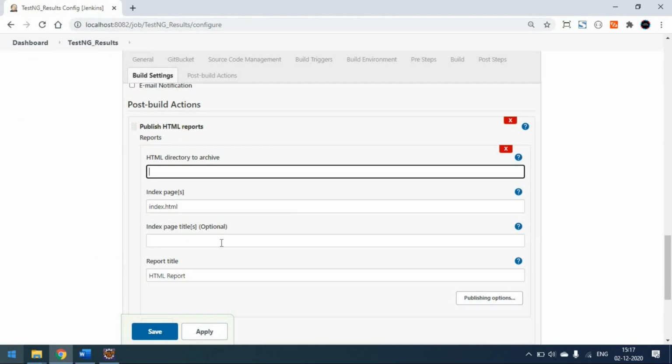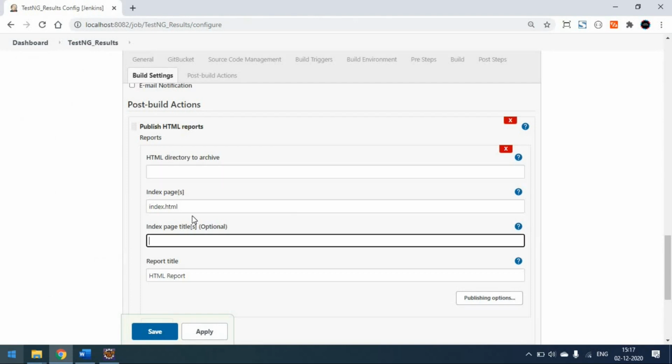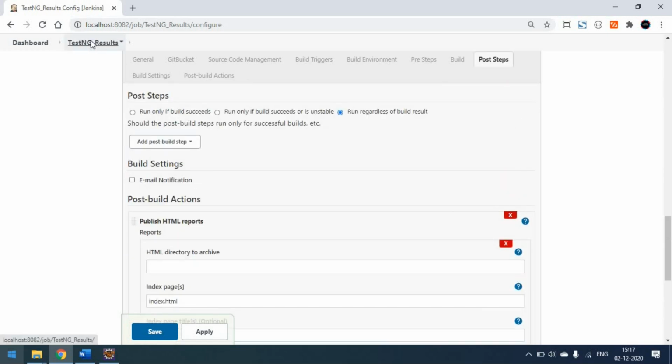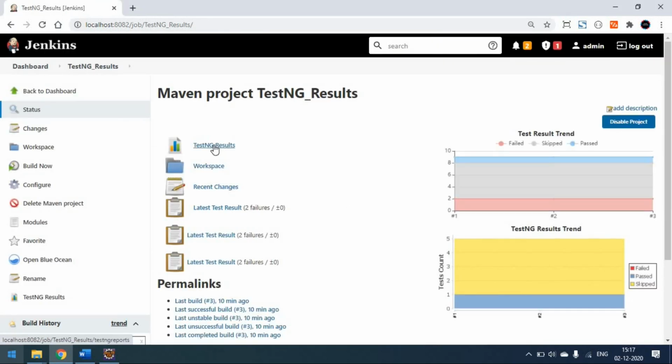So then we have to give the index page, this is the title of the tab, right? So it will appear in the Jenkins, and this is the title of the report. Once you click on add and save, you could see 2 reports were coming to the same project. Like you can have this TestNG results as well as the HTML report that we generated, right?